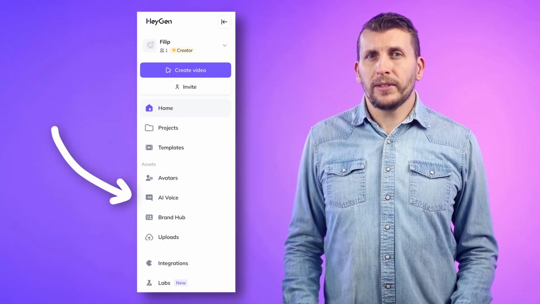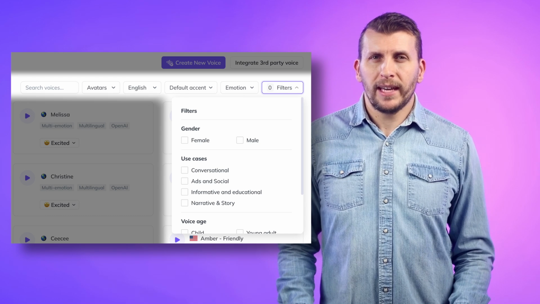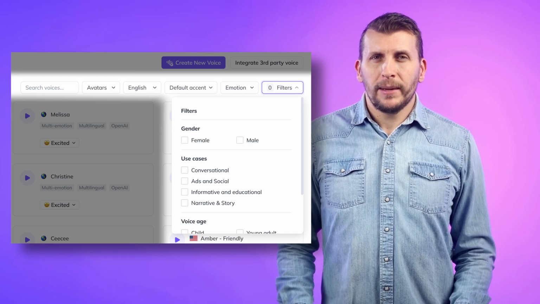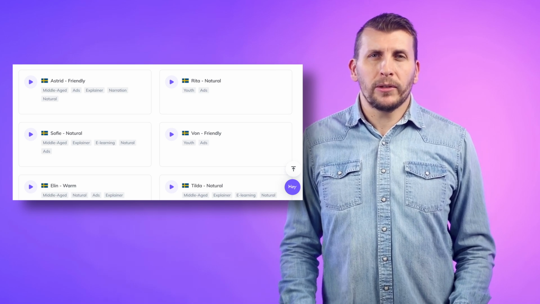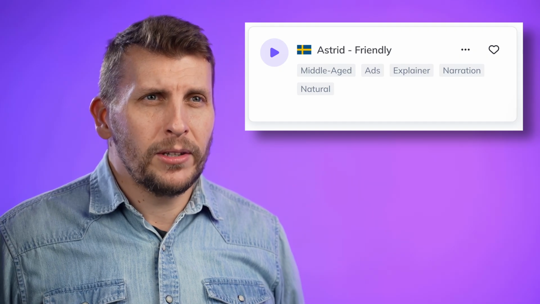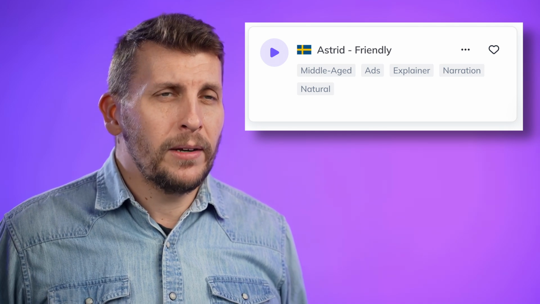You can find the stock voices on the AI voice page, and there are useful filtering tools that, for example, allow you to directly find voices adapted for speaking your desired language, although you should take it with a grain of salt. Tags give you some general information about the age of the voice holder and what type of content is suitable for that particular voice.